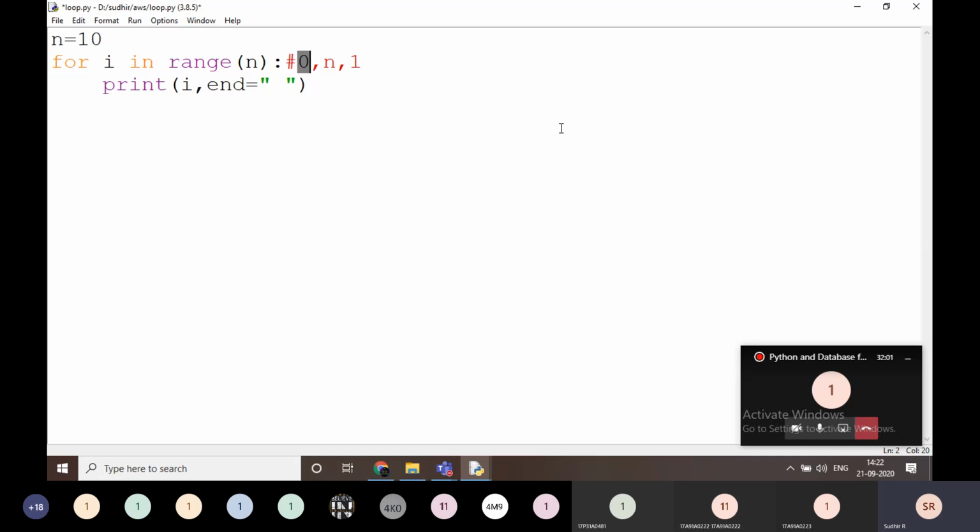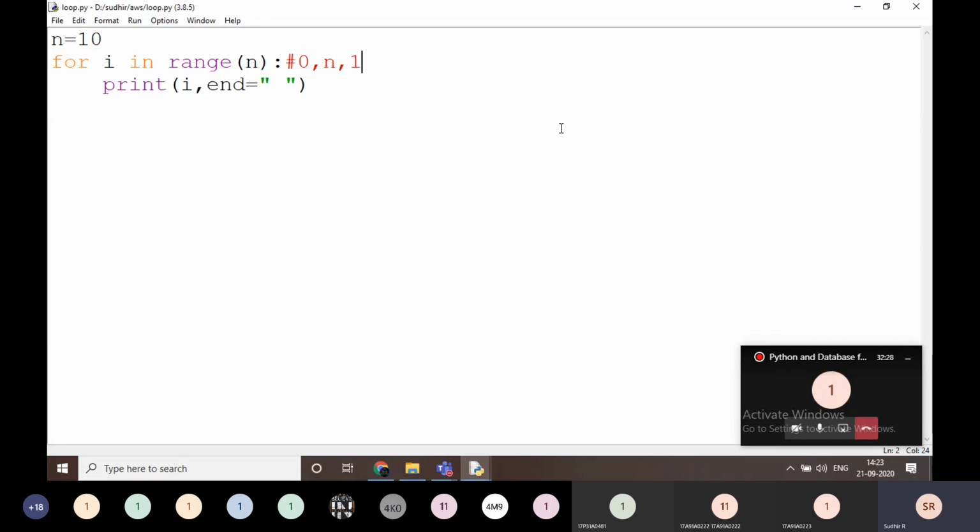That means first of all i becomes 0. Then what is n? n is the final value, and 1 is the step count. That means i plus plus. I step every time only one value, plus 1, plus 1, plus 1. For example, if I place 2, it is 0 plus 2, 2 plus 2, 4 plus 2, like that.